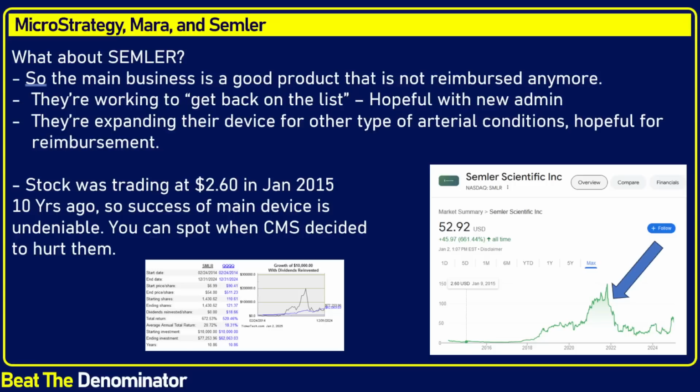So Semler was in the same situation as MicroStrategy. They had a bunch of cash. They had a decade of success, and then an outside factor made it so that they stopped being successful, and they're like, okay, well, we want to survive as a company. And buying back stock doesn't really do much for Semler. You can see how specific the product is. The product competes with an analog, use-your-hands system from 1950. Acquiring another company was not really an option for them. That's why they went for the Bitcoin strategy.